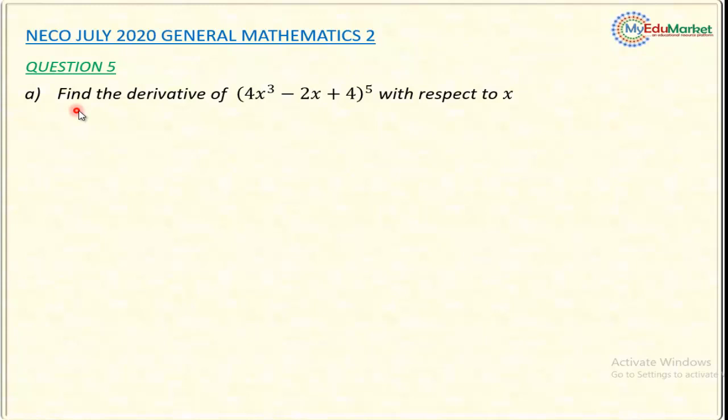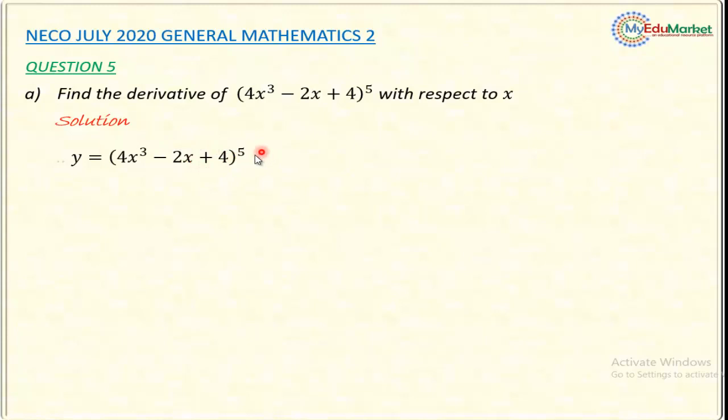The question says find the derivative of 4x raised to 3 minus 2x plus 4, everything raised to the power of 5. This derivative is with respect to x. So let me attempt to answer that question. Copying the function, that is y equals 4x raised to 3 minus 2x plus 4, everything raised to